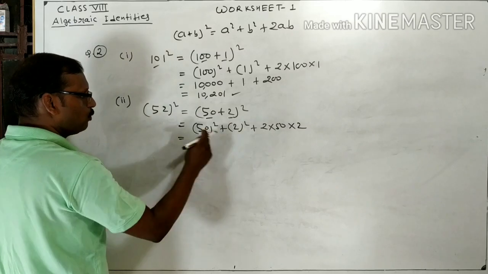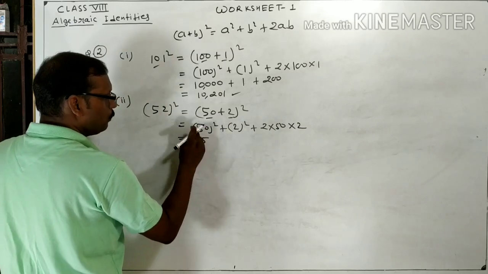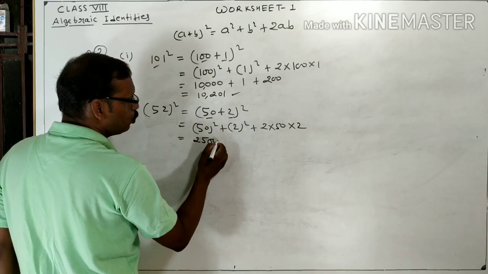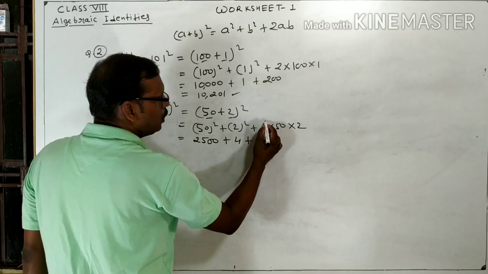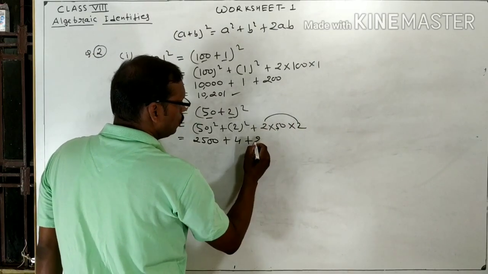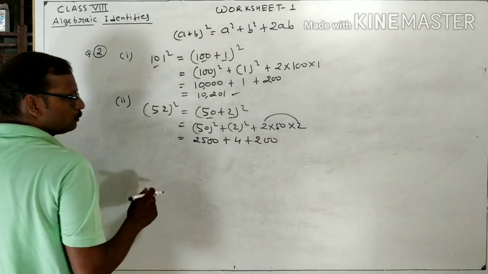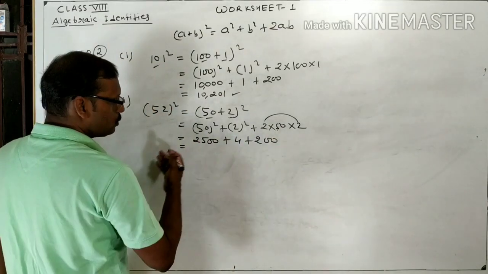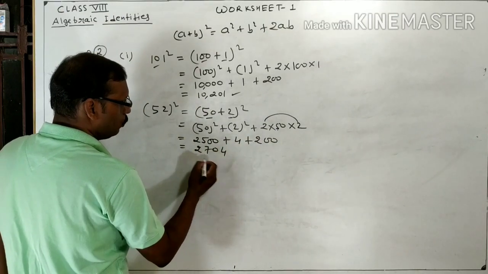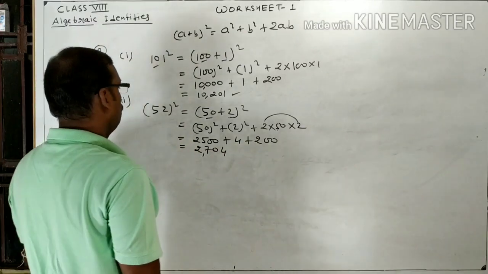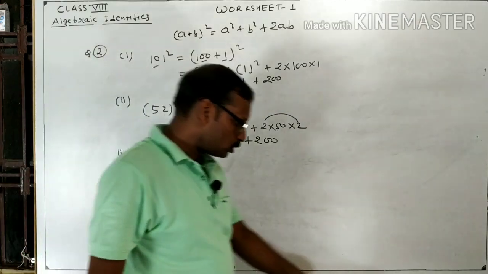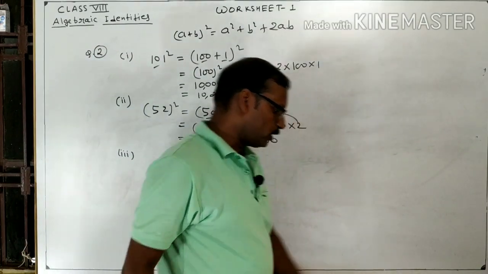So if we solve, square of 5 is 25 and square of 0, put 2 zeros after it. 2 square 4, plus 2 2 ja 4, 4 5 ja 50, 50 2 ja 100, 100 2 ja 200. And add these three numbers: 2704. Question number 3 is 8.1 square.